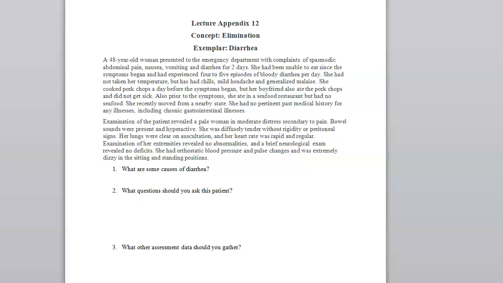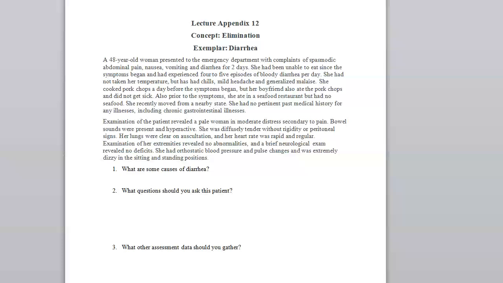So let's think about what her problems actually are. Obviously, an alteration in elimination, an alteration in perfusion due to the fact that she has decreased vascular volume, and it has now affected her blood pressure and heart rate. Alteration in nutrition, and now she is at risk for alteration in skin integrity, obviously with the frequent bloody diarrhea that she's having, a risk for alteration in immunity, and a risk for alteration in comfort. She has a headache, and I'm trying to look back about